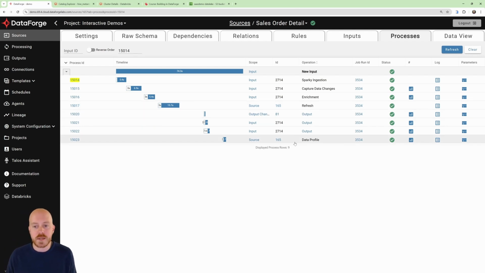And the last process that you'll see in here is data profile. And that is an optional process that you can choose to run or not on your sources. And data profile is really helpful while you're developing. There are many different use cases for it, but if you just really needed a quick glance at a profile of every column of the data within this source,